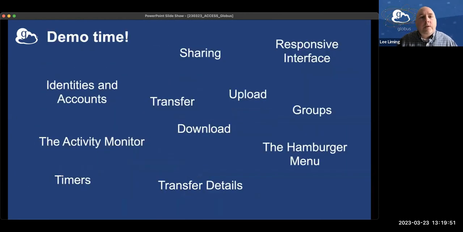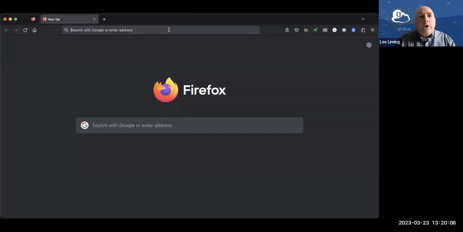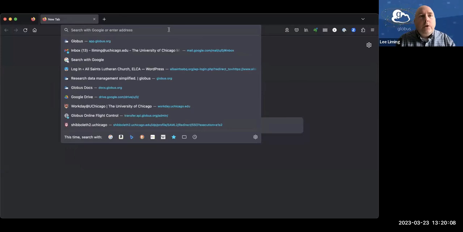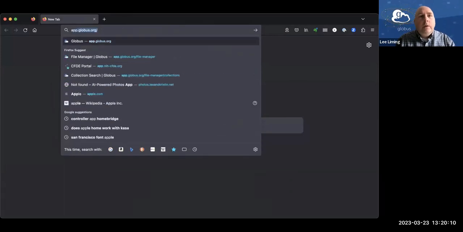I'm going to skip over this slide and go directly to the demo. So I'm going to stop sharing my slides and start sharing my browser, if I can find it. There it is. So to get to our web app, this is the first thing you do with Globus. You would go to